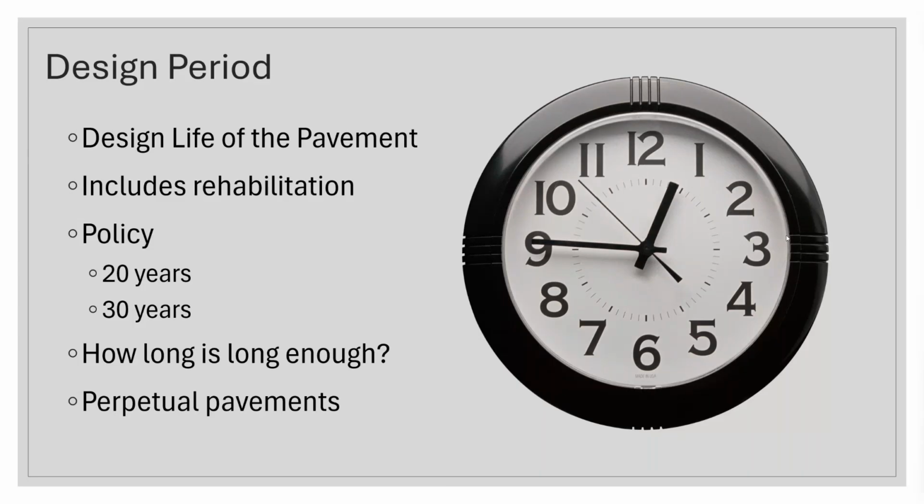Highways typically will have more of a 30-year life, but there's also a perpetual pavement concept that's been gaining traction over the last decade or so, where we design the overall structure to last forever. If you had to put a number to it, it would be a 50 or 60-year design life, but we would love for that part to last forever. That means building up the structure quite a bit, and then the top sections could be replenished over time and not have to go all the way back down to the subgrade to fix something.